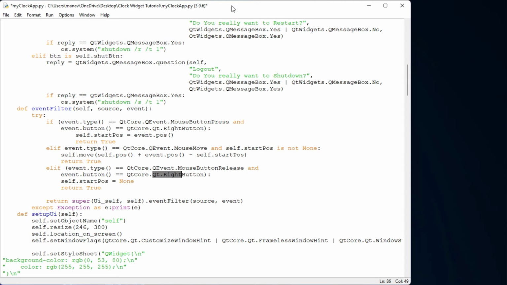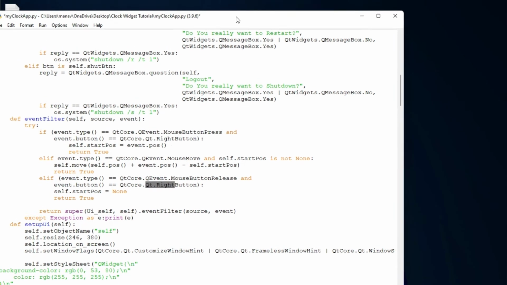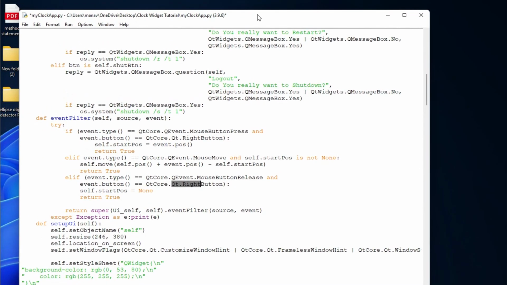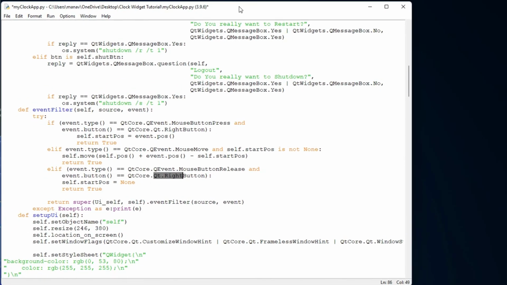Like in our application, as you can see, I can go on the title bar and press the mouse left button, then I can move the application, right? But I have made it for our widget so that when the user clicks the right button, our application will be moved. But it will not work when you only make this method.